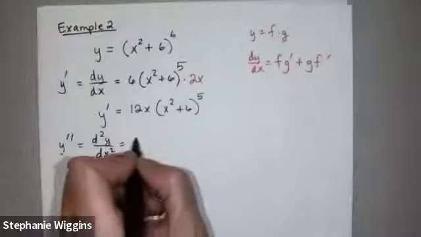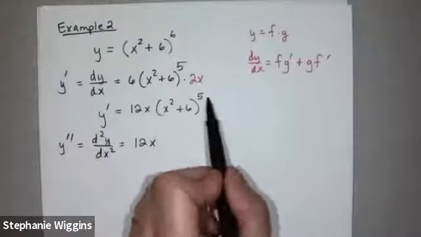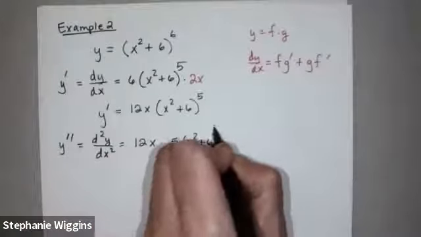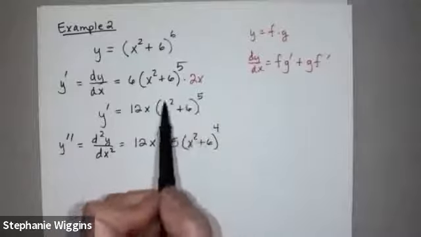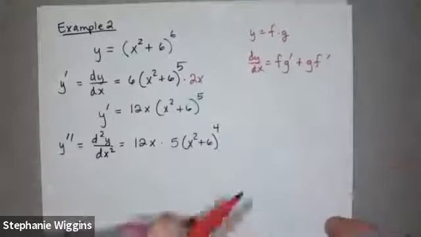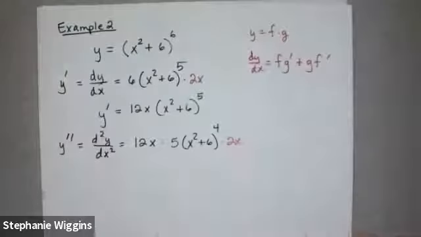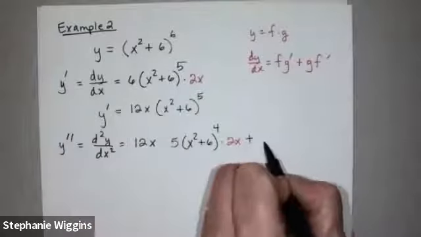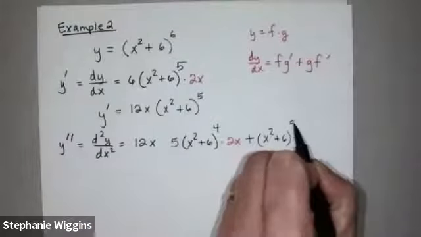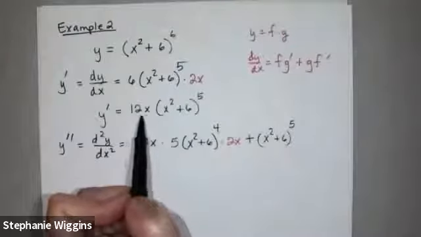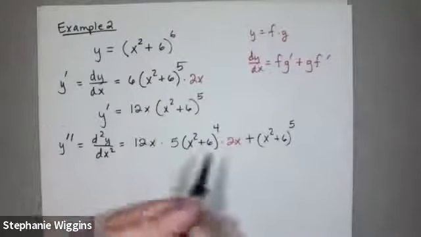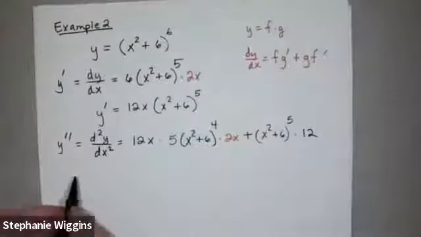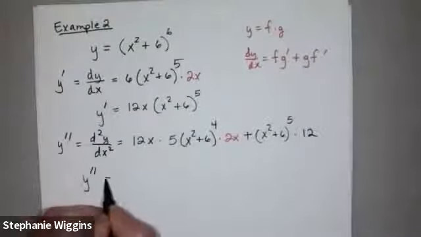So here's the first function. The derivative of this is 5 times x squared plus 6 to the 4th power, and then applying the chain rule, we multiply by the derivative of what's inside. Okay, then we add to that the second function times the derivative of this. Well, this is just 12. The derivative of 12x is 12. So we're going to multiply by 12. And so we have that the second derivative,